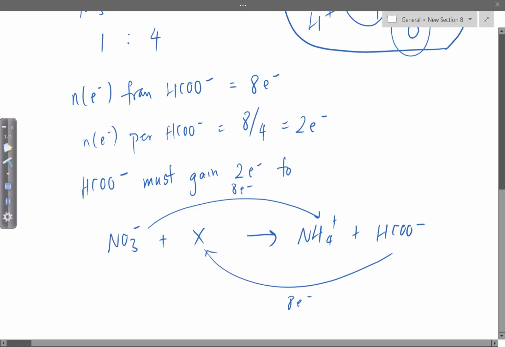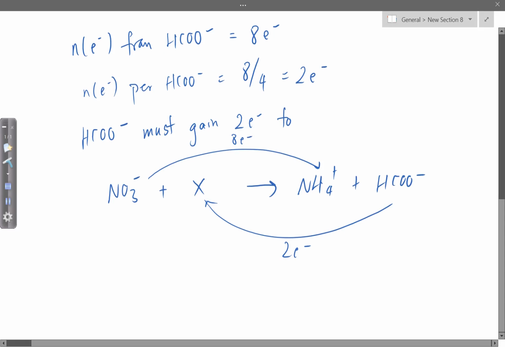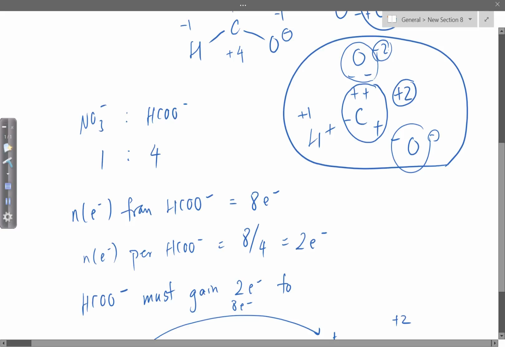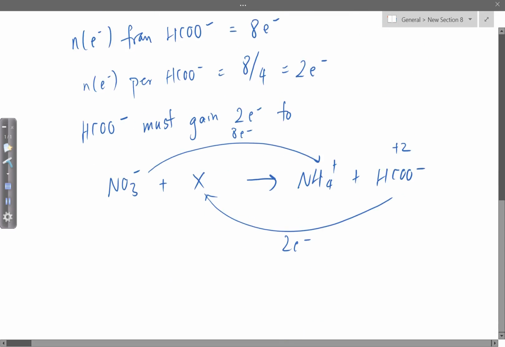Which means that since the ratio is 1:4, originally from here to here it must be 2, correct? Because you have to divide by 4. So originally here, this oxidation state is plus 2, we already obtained just now. Plus 2, right? Did I calculate wrong? Yeah, correct. Plus 2. So it means originally it should be